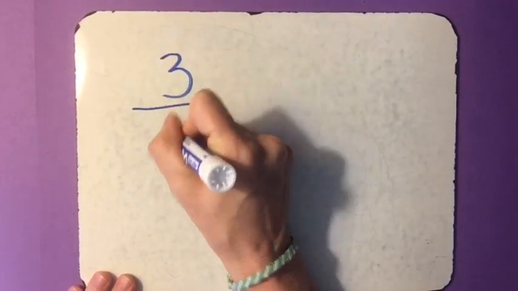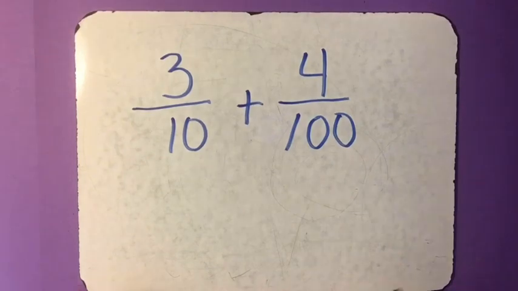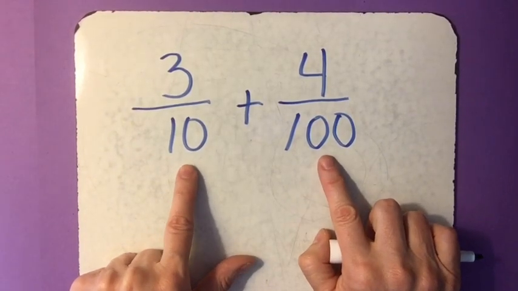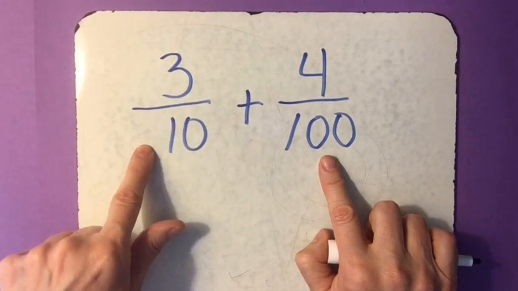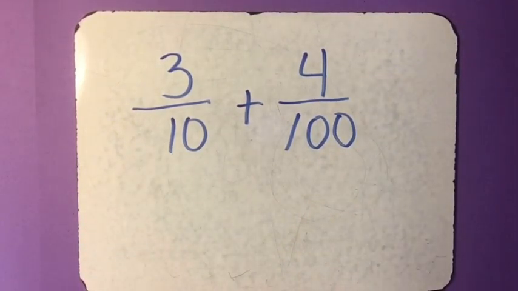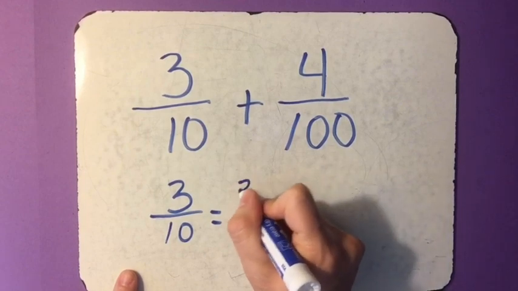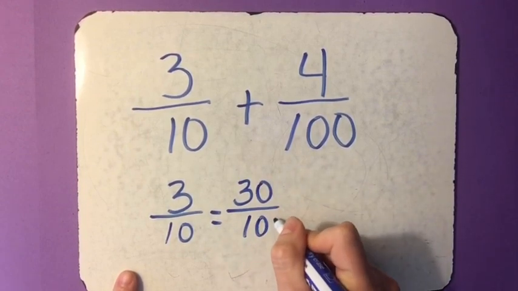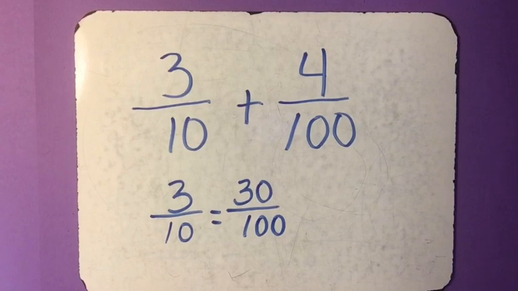And so on your paper, what I'd like you to write is 3/10 plus 4/100. And remember, we've talked about when we add fractions, we can't add fractions together when they don't have the same denominator. So in order to solve this problem accurately, we need to change 3/10 into hundredths or pennies. So just as a reminder, 3 dimes is the same as 30 pennies, right? They equal each other. So we can convert 3/10 to 30/100